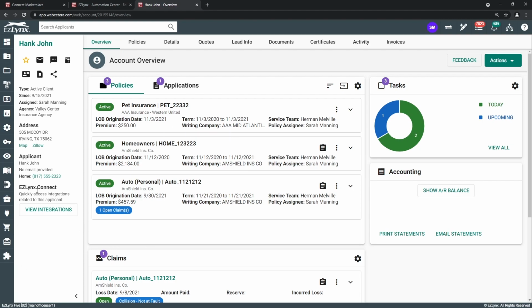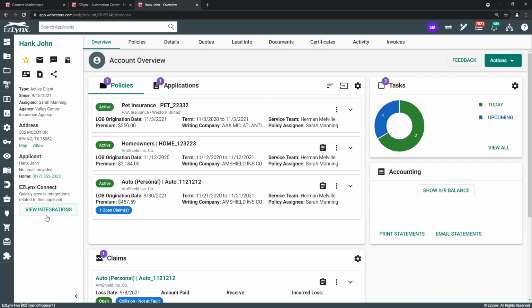So one of the things that's really important with respect to Connect is some of the integrations. In order to access them, you had to be on the quote result. So in order to access, say, ADT or flood insurance, you had to be in the context of the quote result page. Now that's not exactly convenient, to actually go find a quote, go into the quote, find the integration and click on it. So what we've done now is we provided you with the ability to click this button,